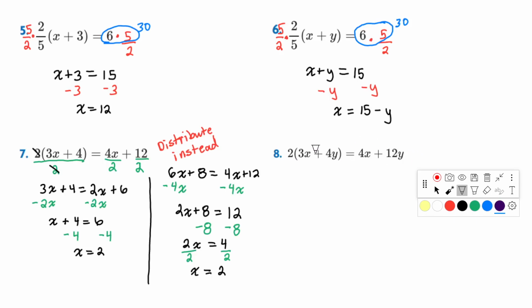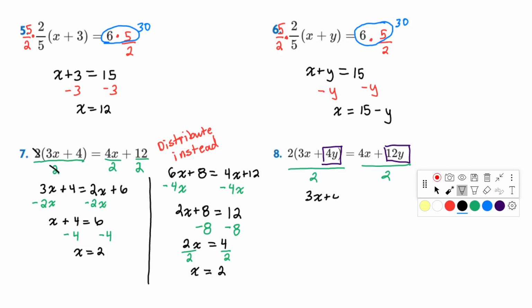Again, everything looks alike except it's 4y and 12y, where before they were just constants. So remember, the 4y and the 12y are values of themselves. What we're working on is getting the x by itself. So I'm going to start by dividing both sides by 2, and I'm going to have 3x